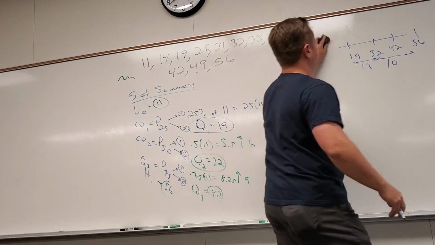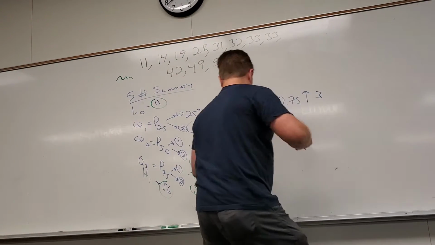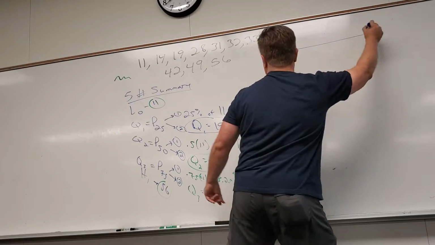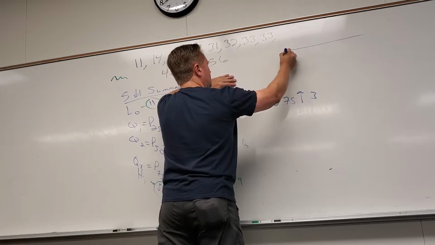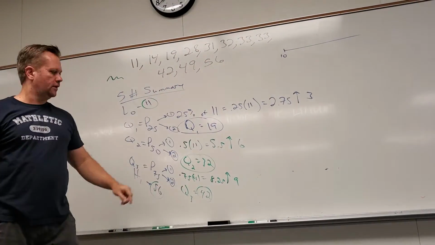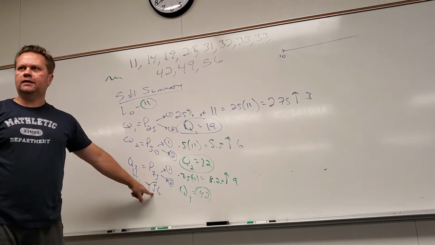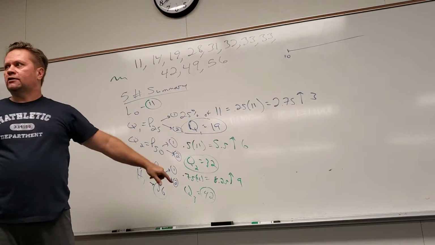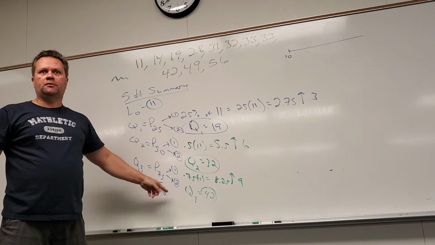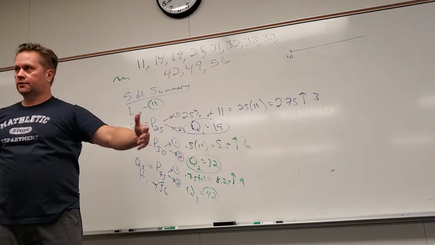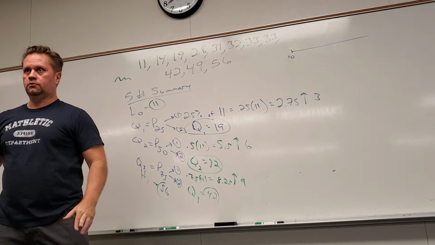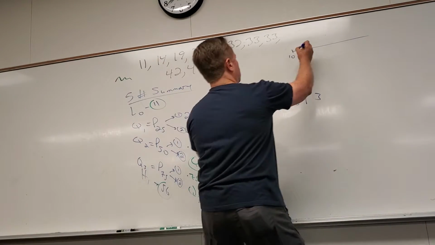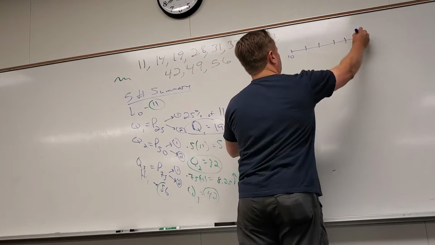Okay. So where should I maybe start? I got to start at 11, so let's start at 10. That's a nice whole number, right? Start at 10. I got to go all the way up to 56. So let's go by 10. That scale makes sense. If I had to go up to 23, maybe by 2s would have made sense. I mean, just pick your scale. So 10, 20, 30, 40, 50, 60. All right.